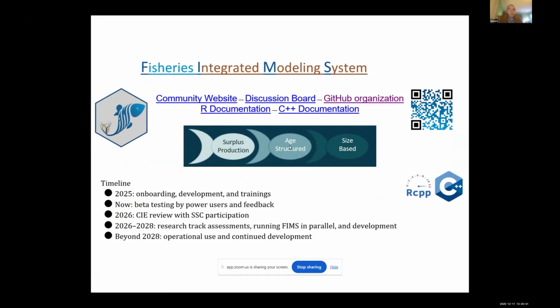So, transitioning now to where are we at with this? There's a lot of information available online. We really invite you to come take a look. You can kick the tires. You can download an operating model. We are doing some onboarding, continuing to do development with major features that we still need to develop, but it's not about us developing all the major features. We want to invite everybody to get involved and to